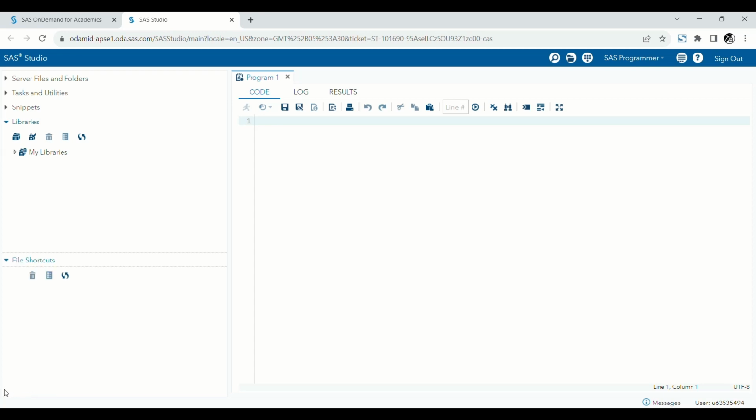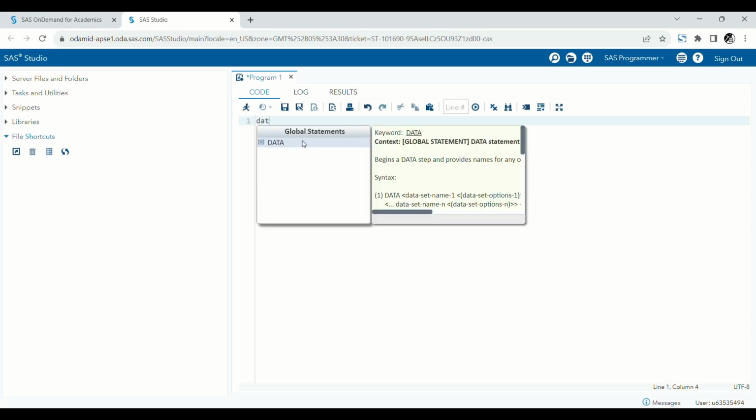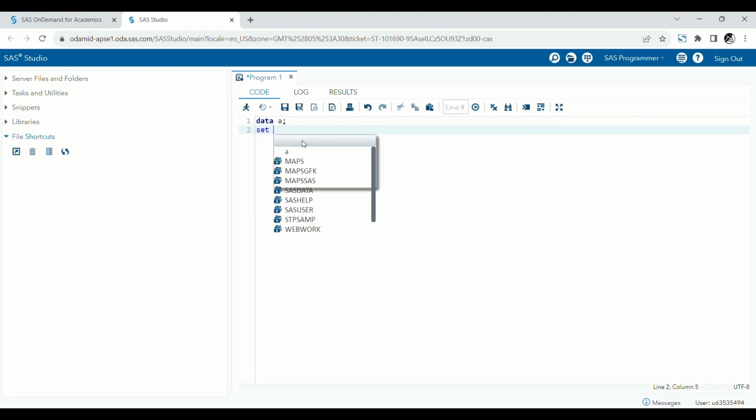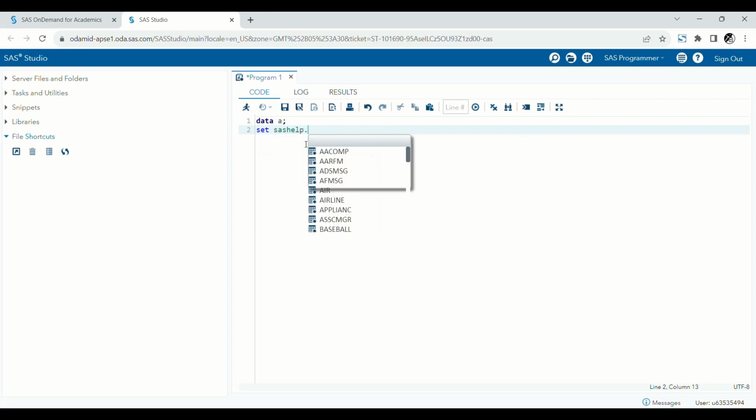Then we have this file shortcut. So these are different tabs which are available in SAS. As I said, we will be discussing about log, results, and output in a short while. So what I'll do is I'll simply create a SAS program. I'll write data a; set SAS help dot shoes;